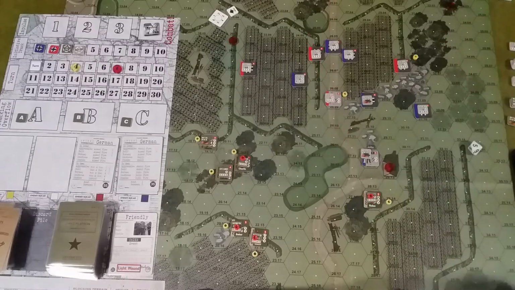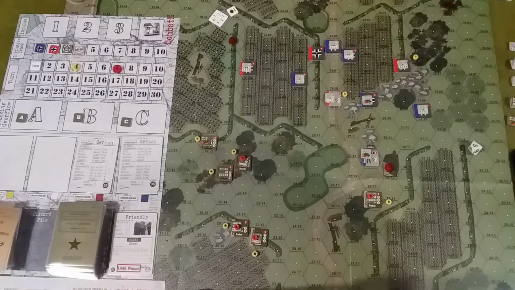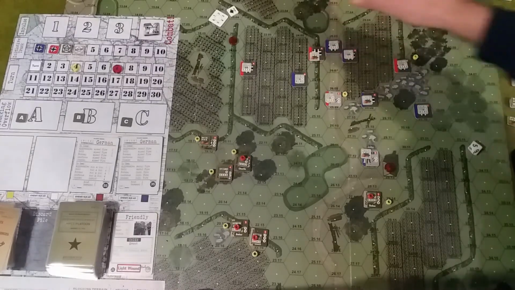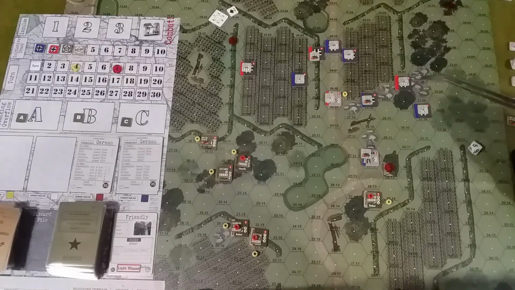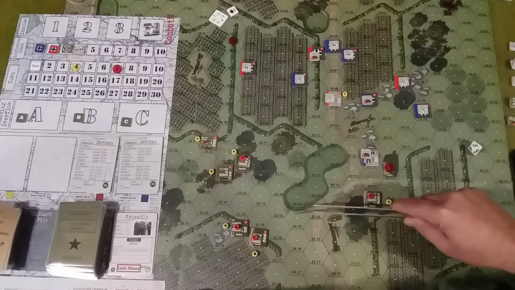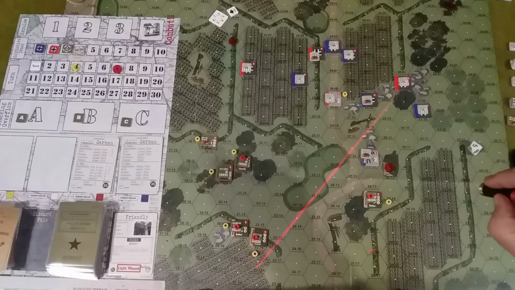I believe he can. So he will do a duck back as well. We have an evade 5, so he'll just come straight down into there. And he can't see anybody, I don't believe. No, it's all